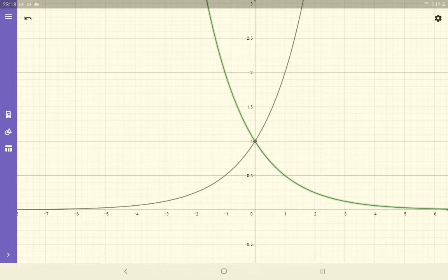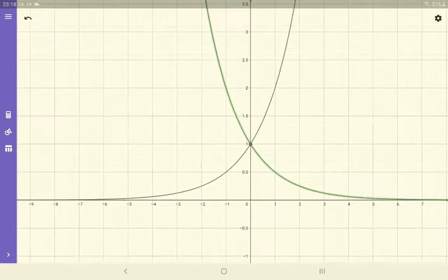So you can check this for different values, 3 raised to x, 3 raised to minus x, and so on. So what is the range here? Range is nothing but it is again away from 0. So it is open bracket 0 up to infinity. It is moving upwards up to infinity, and its domain is the set of real numbers because all values of x you can take here.